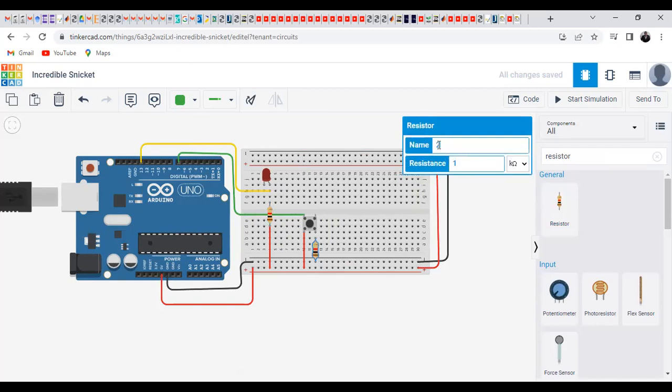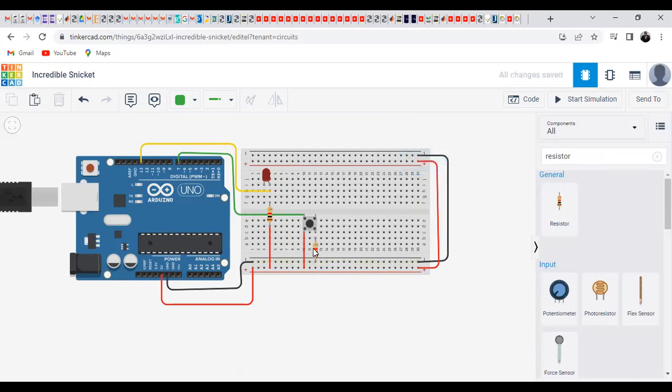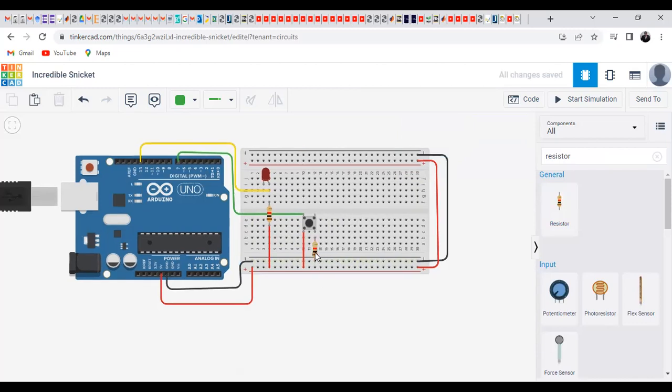And you can always give them the names you wish. Like now this one is resistor 2. If you click the component, you will see the name you've given. But you can also use the annotation tool here, this one here. Like if you wanted to name this one the push button, you can now come and write here, push button, and you hit enter. If you wanted this one to be LED,